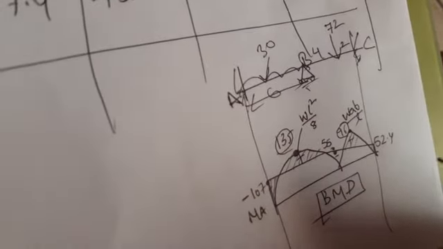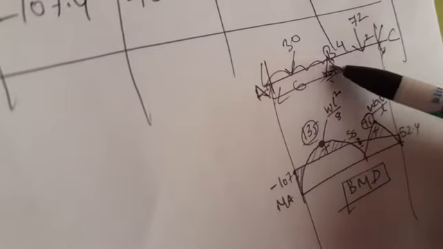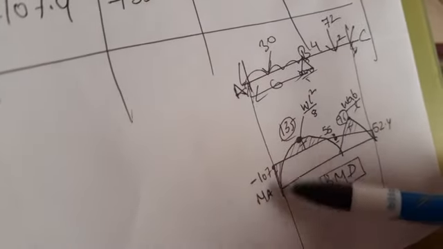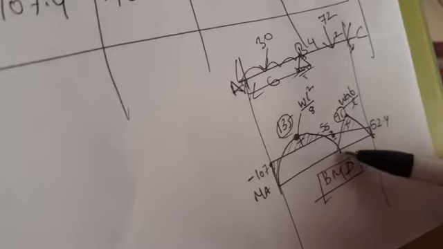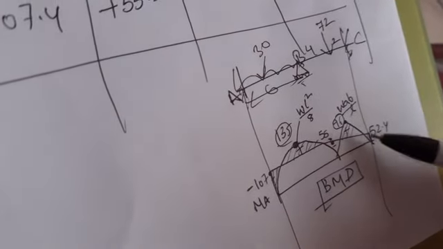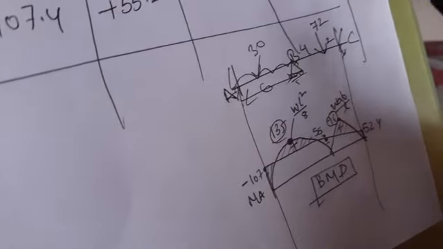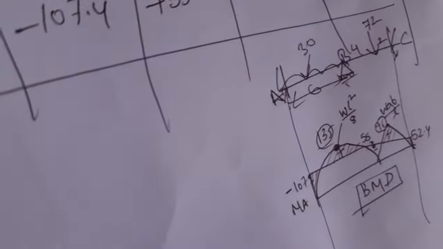Now we have to observe here for the given figure: for AB, the UDL, we get a parabola. Next for BC, it is a point load, so we will get a triangle. This one is step 5. The next, step 6, is to find the reactions to draw the shear force diagram.